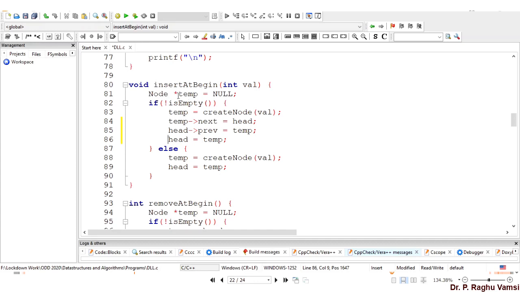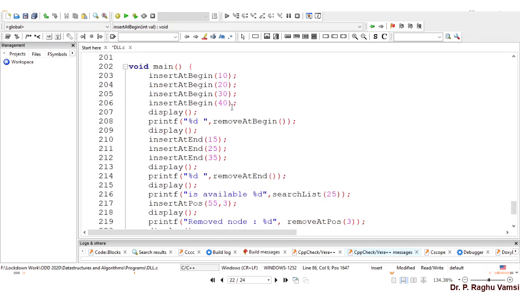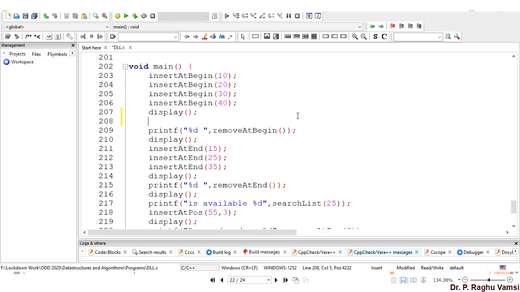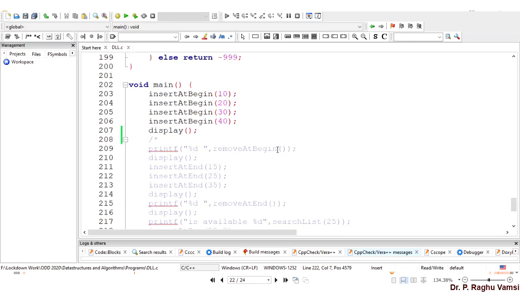Next, if there is no list available, then obviously the newly created node is the head node. Now we'll comment the remaining functions, and only the function insert at begin will be enabled. We'll see whether the list is created or not.